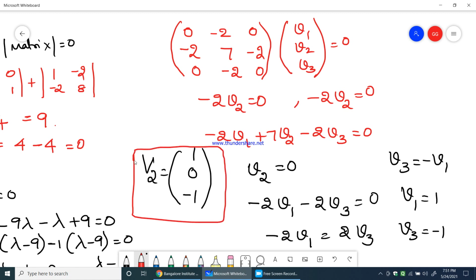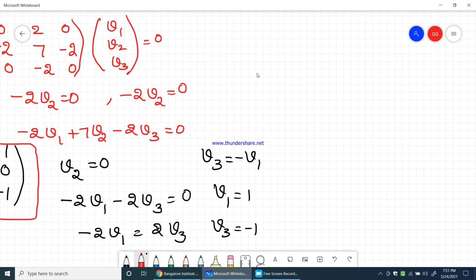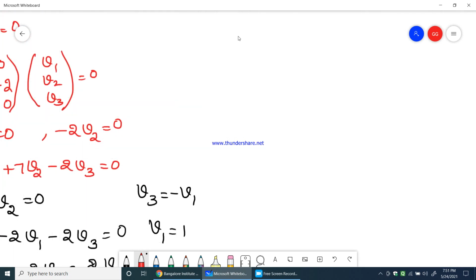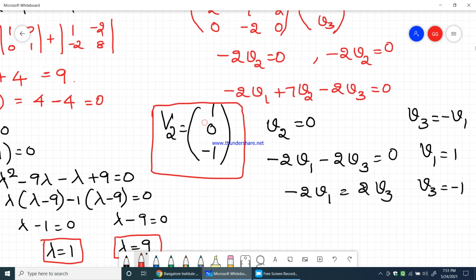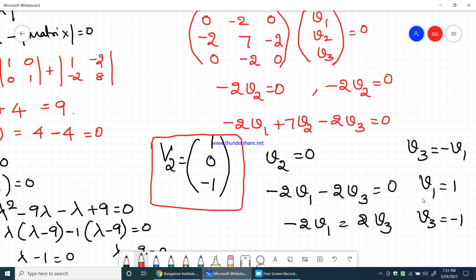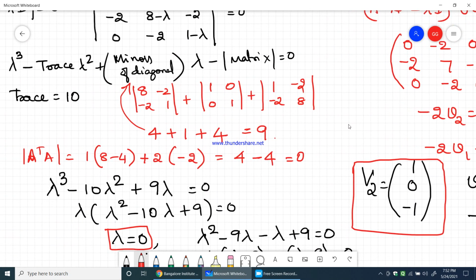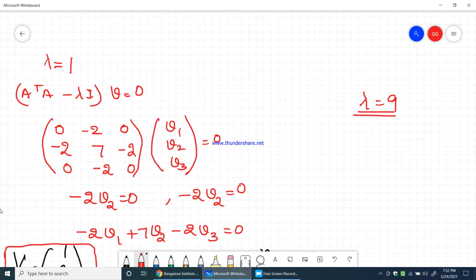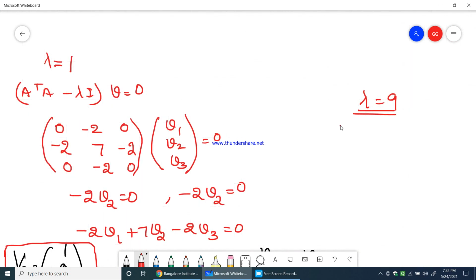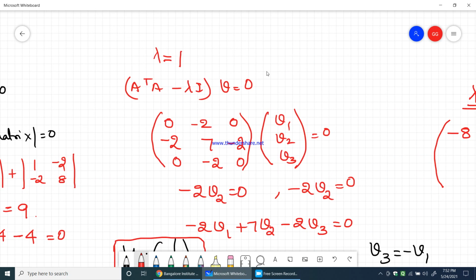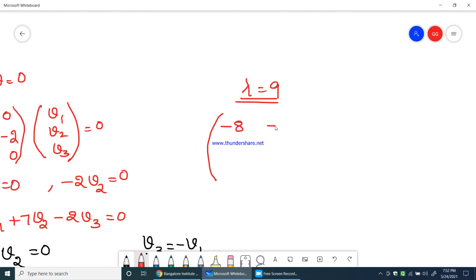Now let us go with the third vector, when lambda equals 9. I think we got three values, lambda equals 0, 1 and 9. So let us go with 9 now. So when I go with 9, what will I get? So 1 minus 9, which is minus 8. Then we have minus 2 and 0. Minus 2 and 0. Then we have